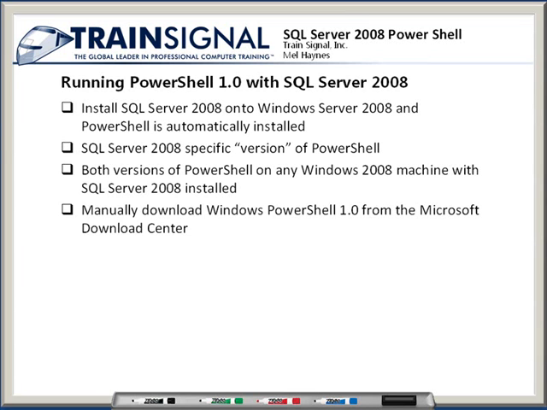Now you can also manually download Windows PowerShell 1.0 from the Microsoft Download Center. You just Google Microsoft Download Center. You can find that if you don't already have it, or if you're running on something other than Windows 08